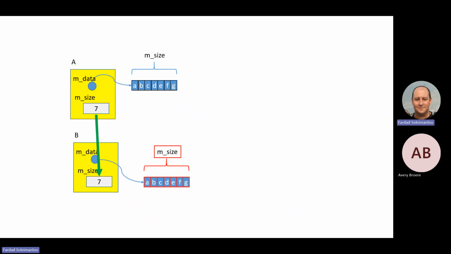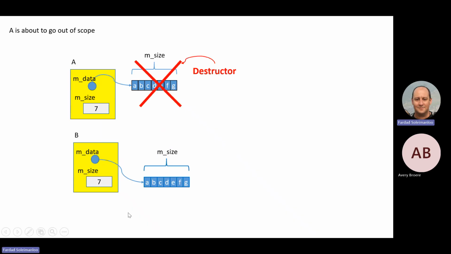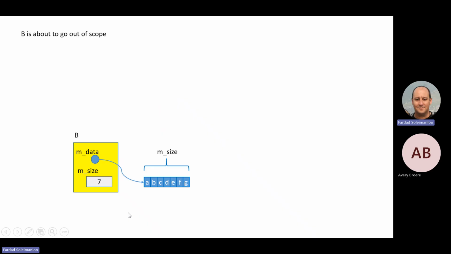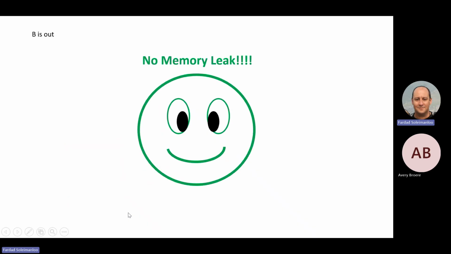After the copying happens, then you shallow copy the 7. Because you took over the copying, even shallow copy won't happen. You have to do the deep copy. You have to take care of the shallow copy. And then after it's done, you have two standalone objects. One gets deleted, beautiful, and the second one gets deleted. Life is fantastic.